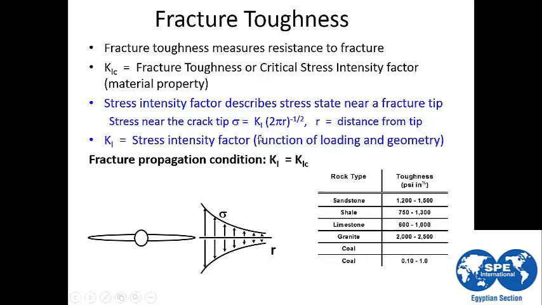So to estimate the fracture toughness, we can multiply the stress intensity factor, which is K here, by the square root of 2 pi R. R is the distance from the tip of the frac to the formation face, or the perforation face at the wellbore. This distance changes with time, because while you are initiating the frac, this R term keeps growing as the frac grows.